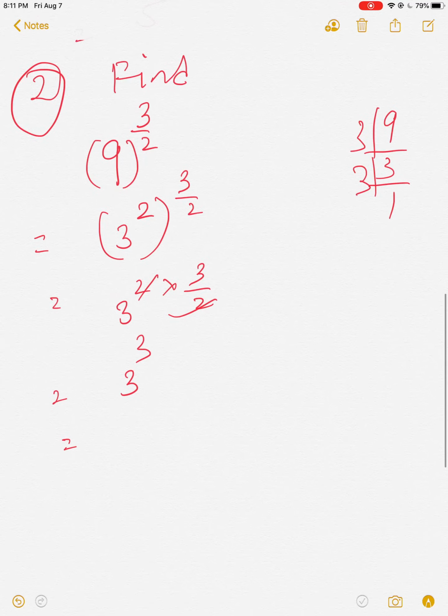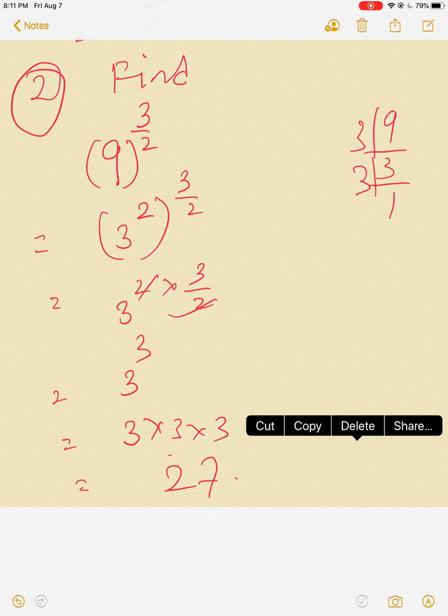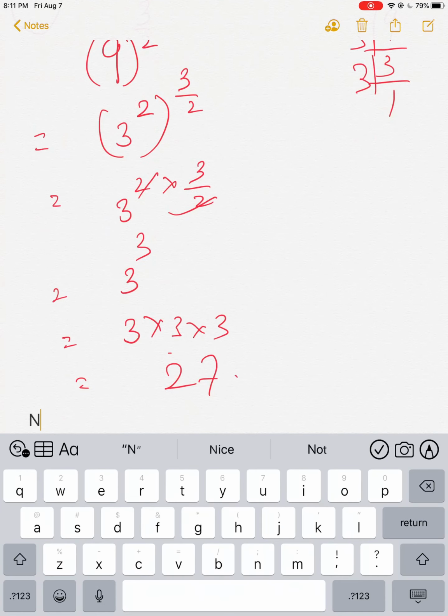3 cube. What is 3 cube? 3 cube is 3 into 3 into 3. 3 3s are 9. 9 3s are 27 is your answer. Okay, next is